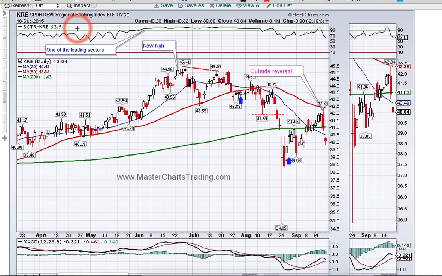So KRE banks, regional banks, they make money the old-fashioned way of basically lending money out at larger rates, while borrowing money at lower rates. So you have a spread between the low rates that they are borrowing money at and the rate at which they are lending the money. So basically, the spread is where they make the money most of the time.